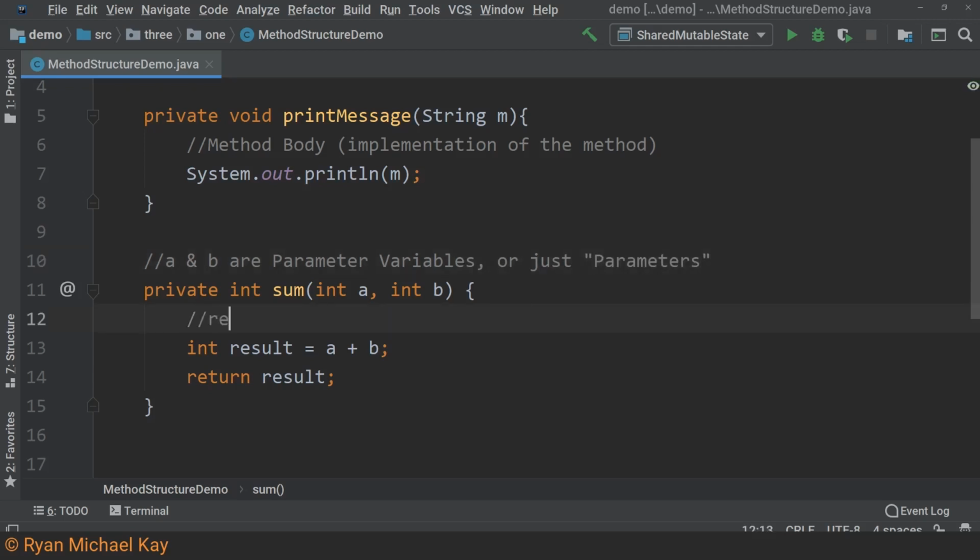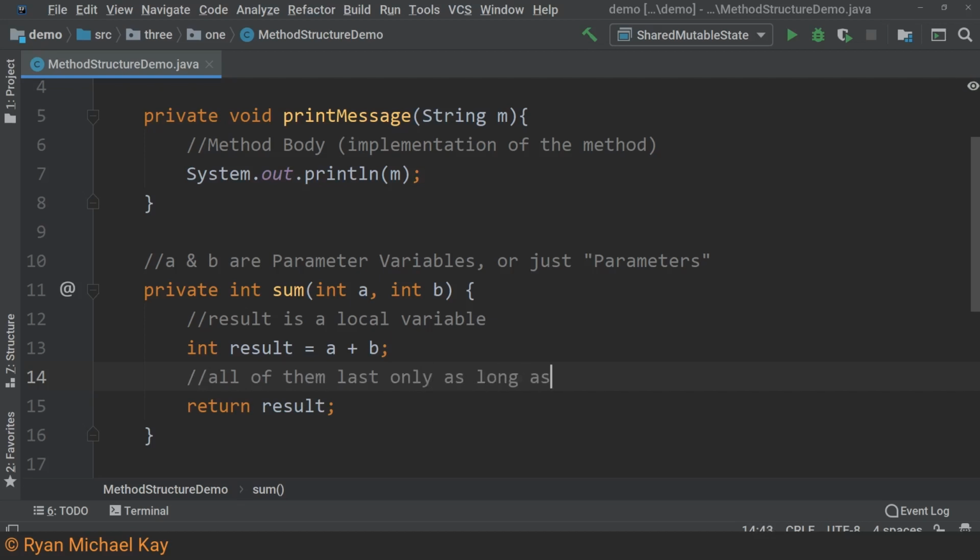Another term you will often hear is local variable. A local variable is defined within a method body. In either case, what these two types of variables share in common is that they only exist during the execution of the method they are local to. After the method completes, either by hitting a return statement or just the end of the method body, the memory space they took up is freed.